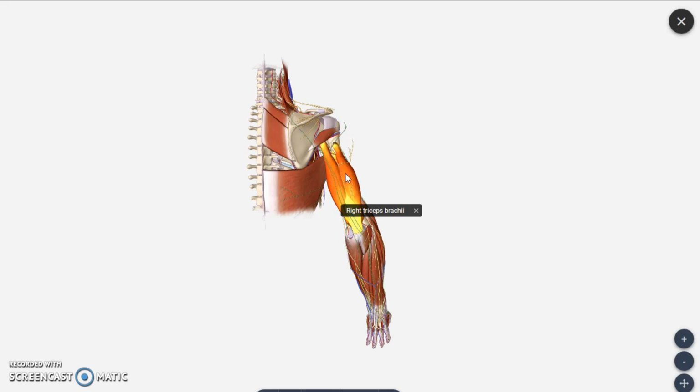So the long and lateral heads will be seen clearly here, and once you dissect these two heads you can make out the medial head clearly. Once you have finished all these muscles, that is three muscles in the anterior compartment and one muscle in the posterior compartment, the triceps, you can make out the bone clearly which is present in the arm region. The bone you are seeing here is the humerus bone. This is a single bone present in the arm region, and the humerus contributes to two joints: one is the shoulder joint and another is the elbow joint.